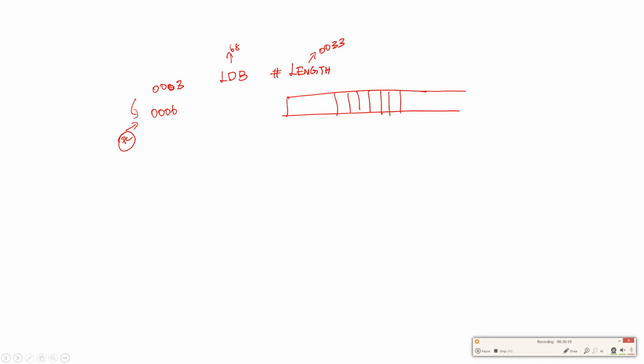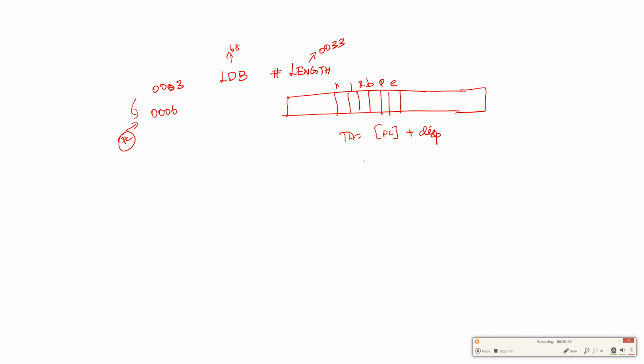So it's N, I, X, B, P and E. So first what we are going to do is find out this target address. Target address is equal to content of program counter plus displacement. So this is PC relative addressing mode.